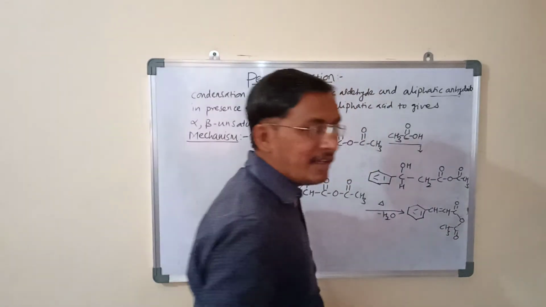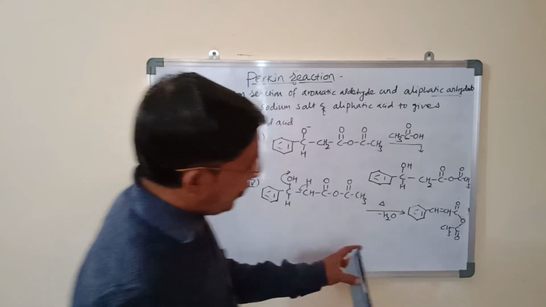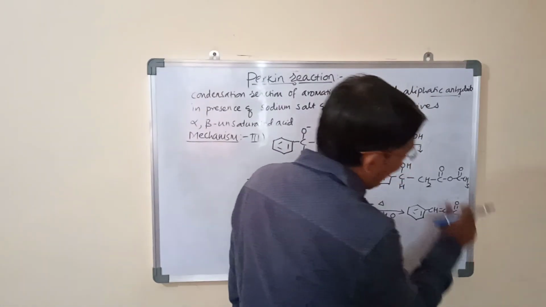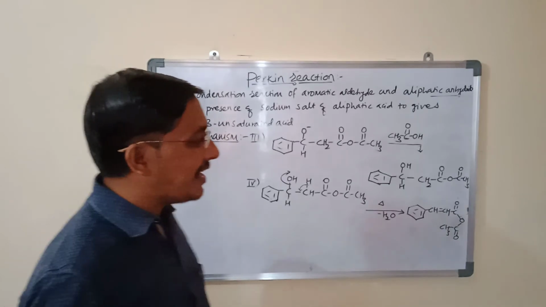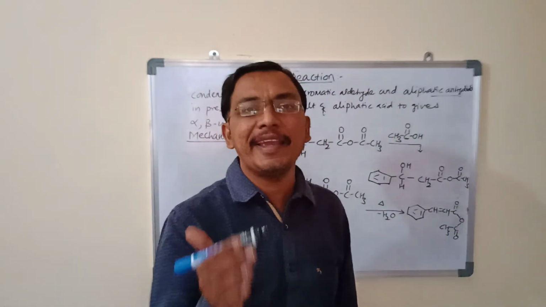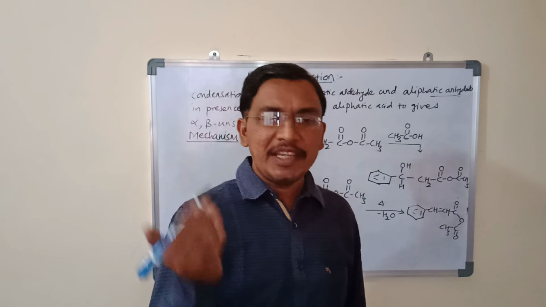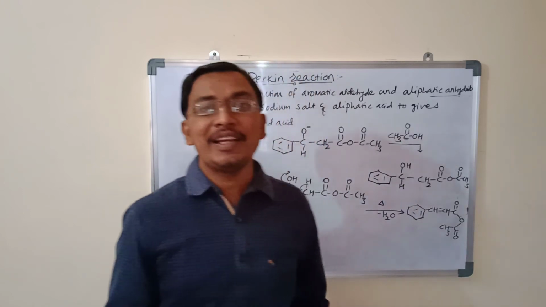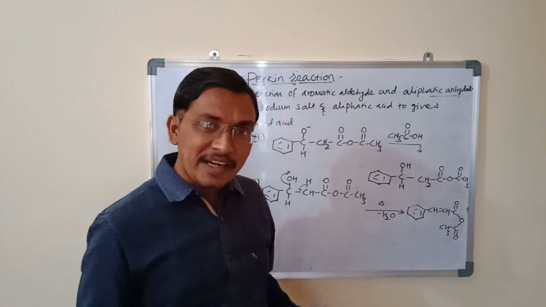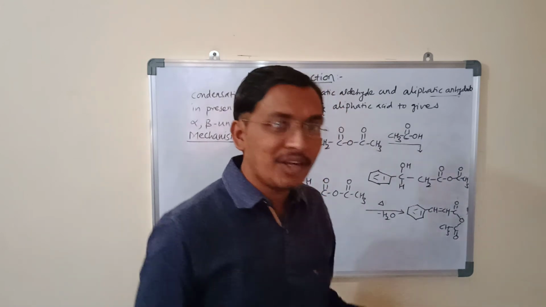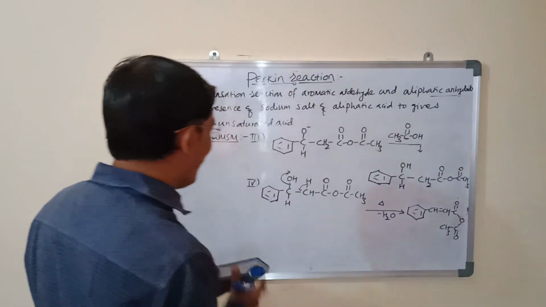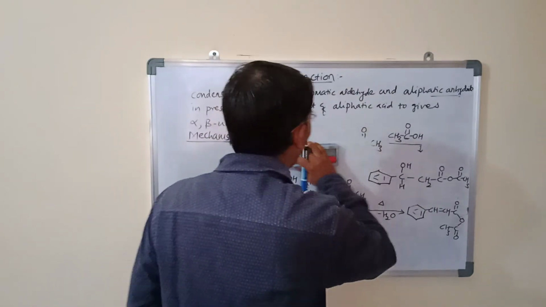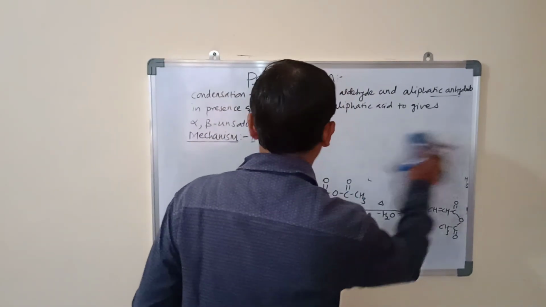What should we do? See here, we have the anhydride functional group. How will you synthesize the acid from an anhydride? Any acid derivative, it may be an ester, an acid chloride, or an amide, can be converted into acid by simply a hydrolysis reaction. Remember, it is very important. The last step is simple, that is hydrolysis.